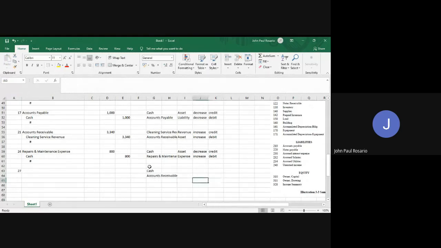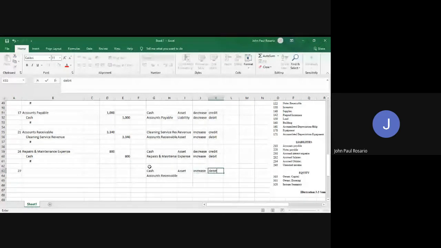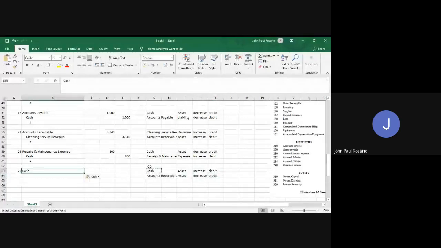Wala man ni siya rendering of service ani nga time, nakakolekta raman ka sa imong dawatunon. So cash is asset. Ni-increase kay nakadawat kag kwarta. So debit. Accounts receivable is also an asset pero kani siya migamay tungod kay nakuhaan na ang imong kolektahonon. So credit. So cash 2,000, accounts receivable 2,000. Okay, so explanation nato, to record collection of accounts receivable.